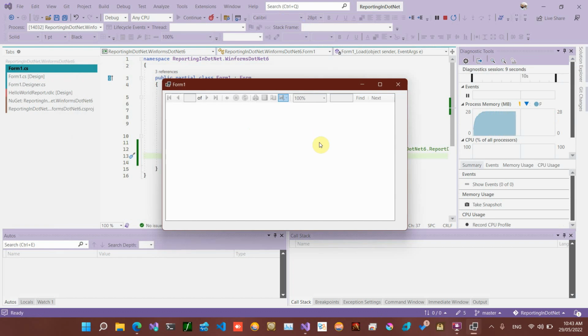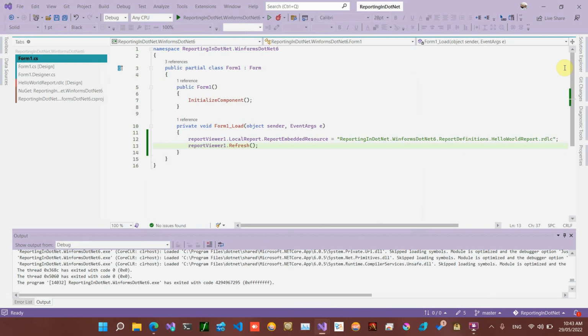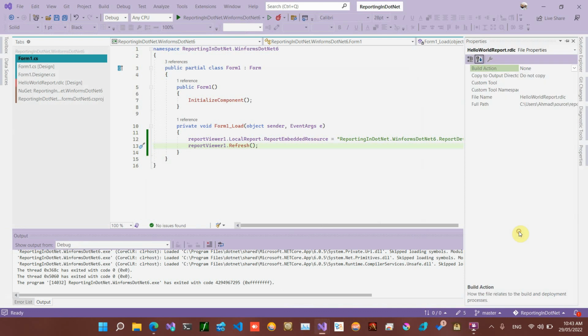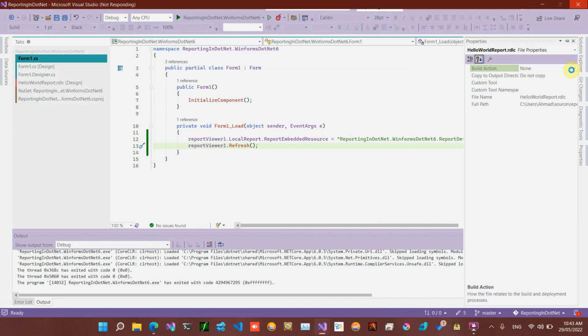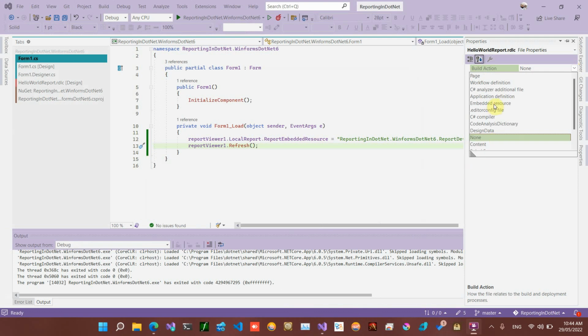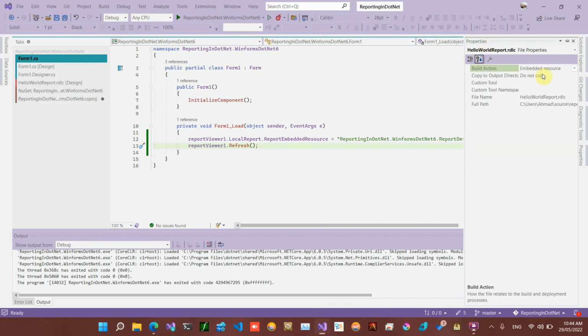And now we run to our next problem. There is nothing displayed. That is because the build action here, the report definition, has a build action of none. This should be set to embedded resource. Alright, after setting the report definition to embedded resource and rebuilding the solution,